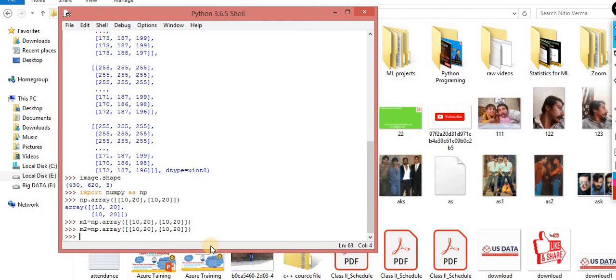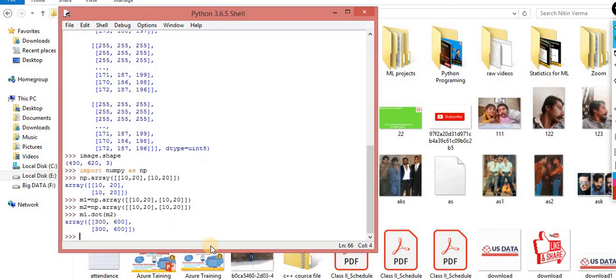Now you can understand the beauty of these high end packages. So M1 dot, with the help of this dot method, I am performing this with M2. That's it. Now the matrix multiplication happens only with the help of this 1 line. Now you can understand the role of these kind of things. M1 dot is a method which is available for matrix multiplication. You want to multiply M1 with M2, and this one is the method.